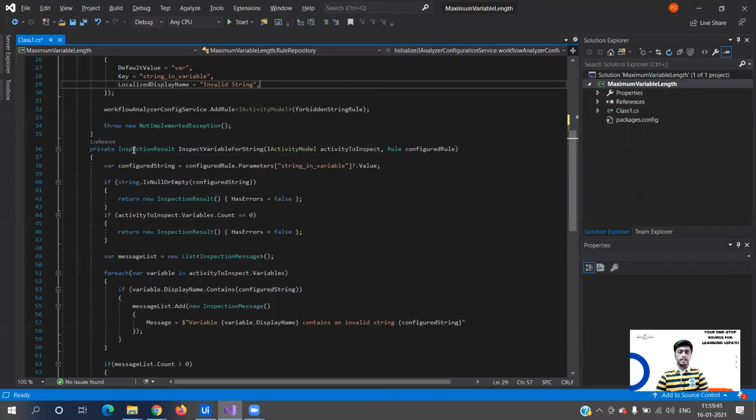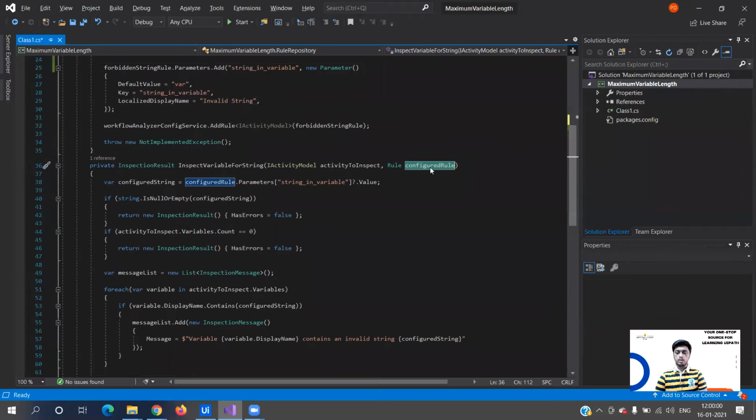So that's why it is private inspection result. Inspect variable for string. This is just a simple function name. IActivityModel, again, activity to inspect, and rule, configured rule. So the rule whatever we have configured, we are going to pass it over here. As you can see here, we have configured the rule string in variable, which is the key of our rule. So two things, activity to be inspected, that can be multiple activities.